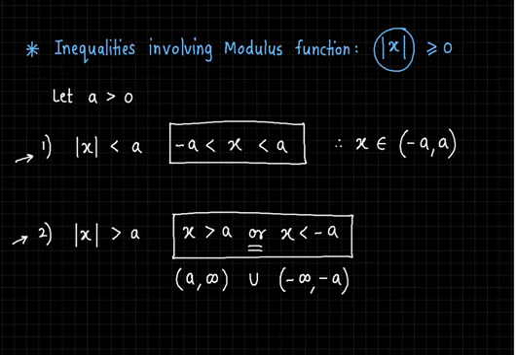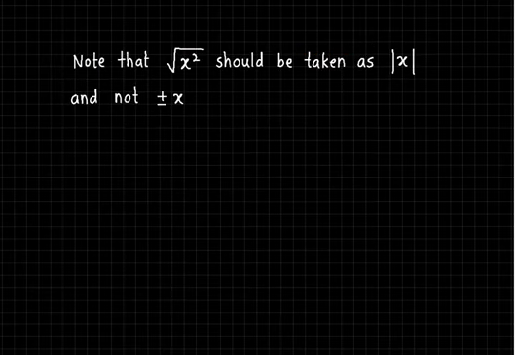Let's move on. Here we note one important point: whenever we want to take the square root, say for example the square root of x square, it's technically correct to take it as mod of x and not as plus or minus x. Because let us see an example. Suppose we have x square greater than 4, and while taking the square root, suppose we mistakenly write therefore x is greater than plus or minus 2, right? Because we are so habituated to take the square root as plus or minus, which is correct whenever we are dealing purely with arithmetic and numbers.